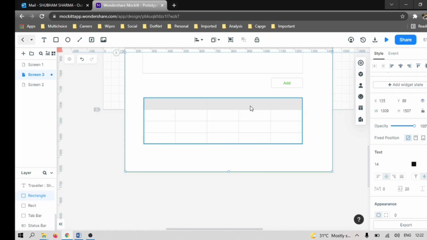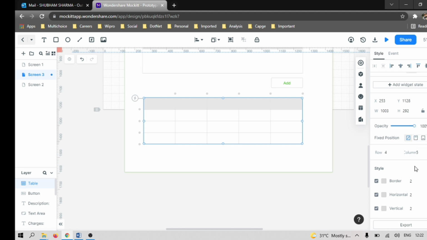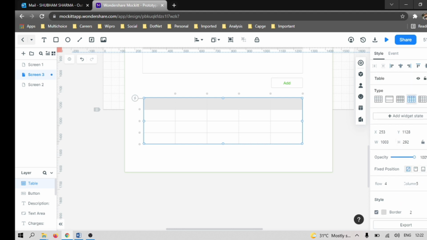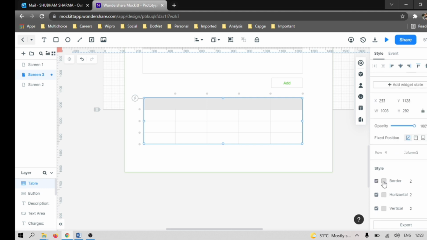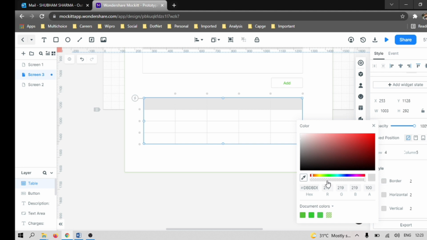Okay. So this color I need to change. So how can I change this color? This color is there. So we can do green. Okay. Horizontal we can also put the green table.